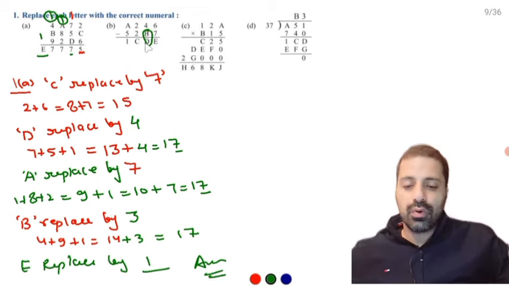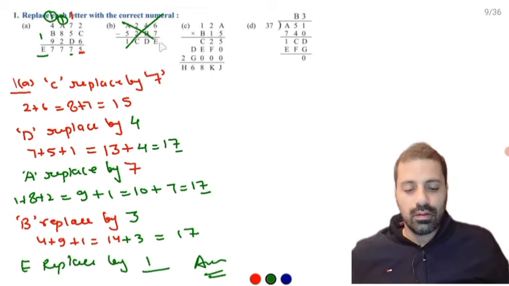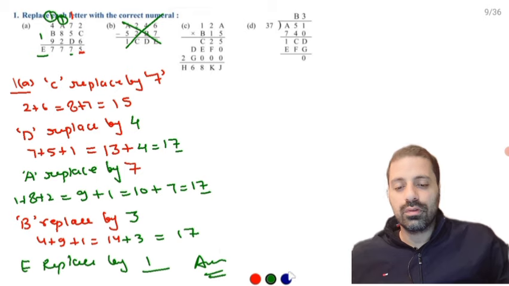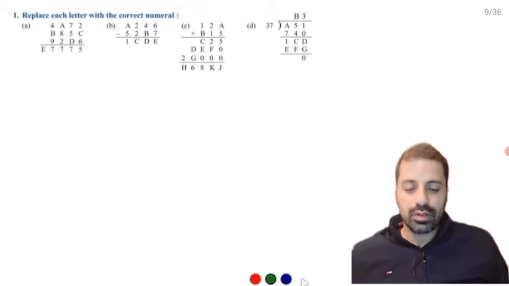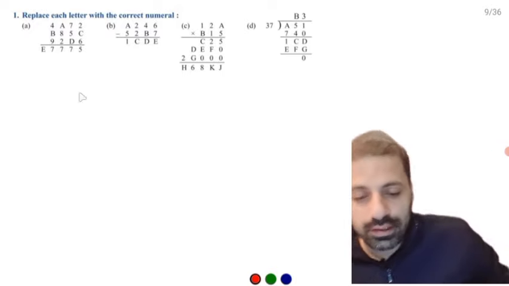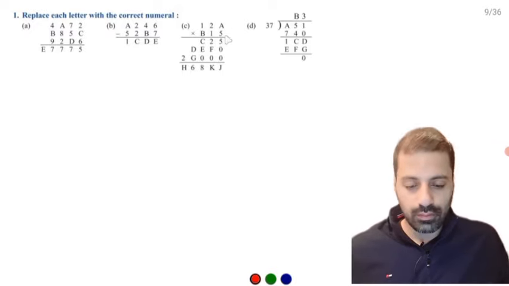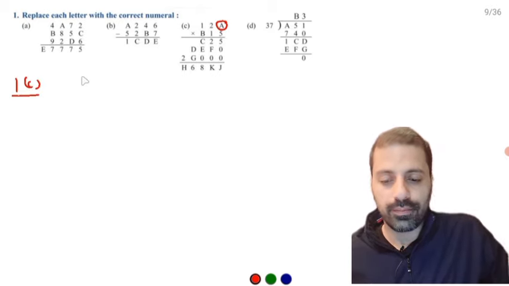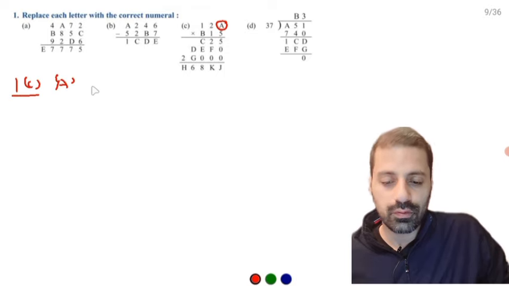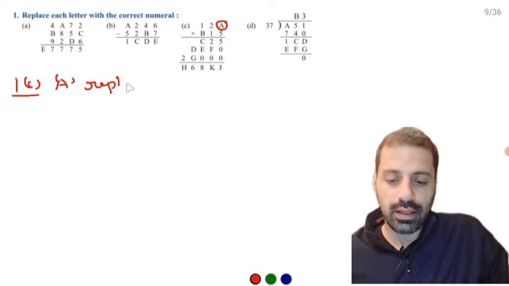Question number 2 is wrong because 2 variables never come in one column. Then it is not possible for us. So it is the wrong question here. Now comes the next question. That is C. C is given here. What comes at the place of A? First C. So we can say that A